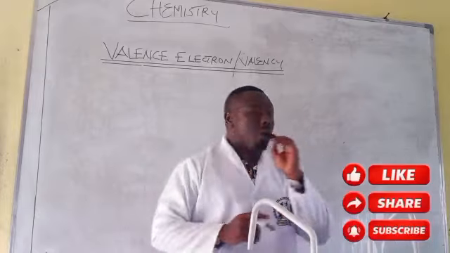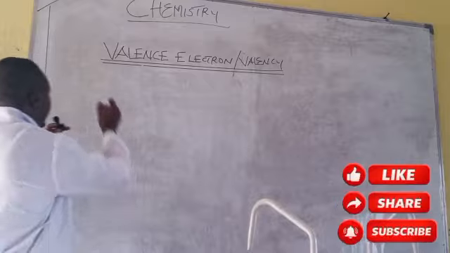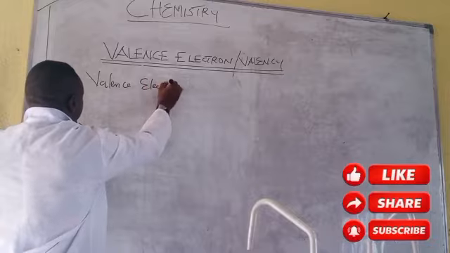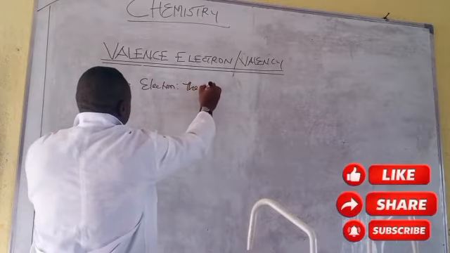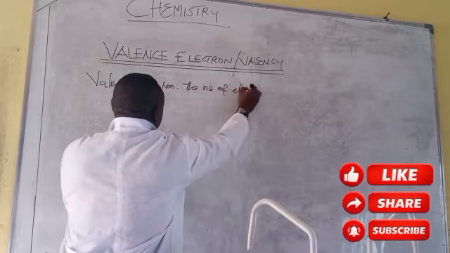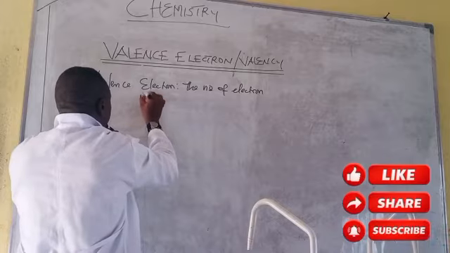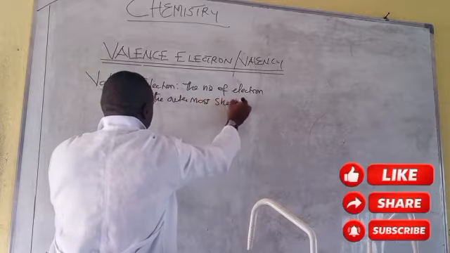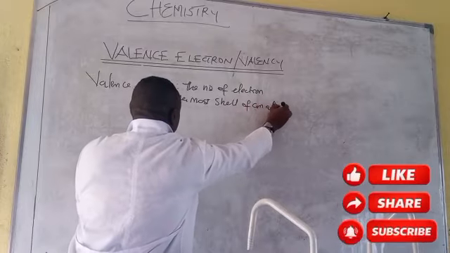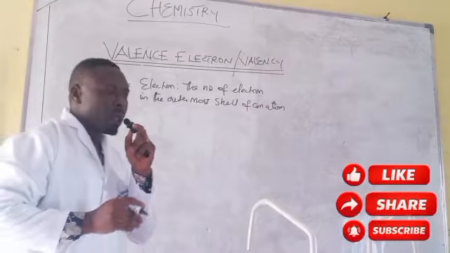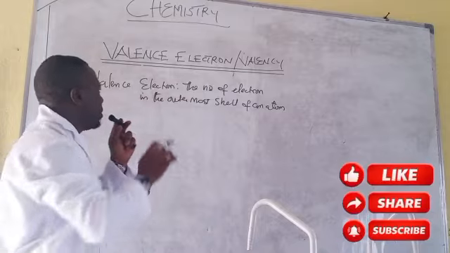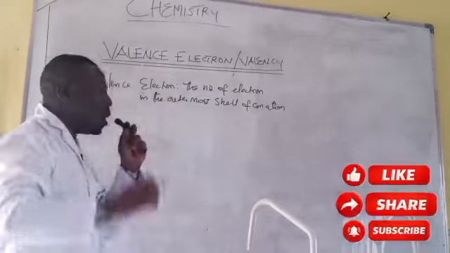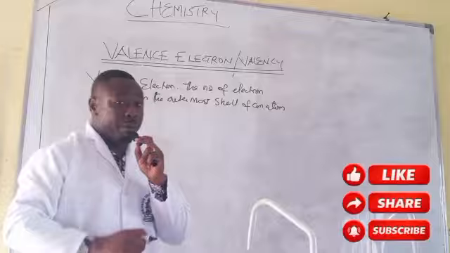I repeat, when we talk about valence electron, the number of electrons in the outermost shell of an atom. Please, I want you to listen carefully. Valence electron: the number of electrons in the outermost shell of an atom. Now, before I explain further,